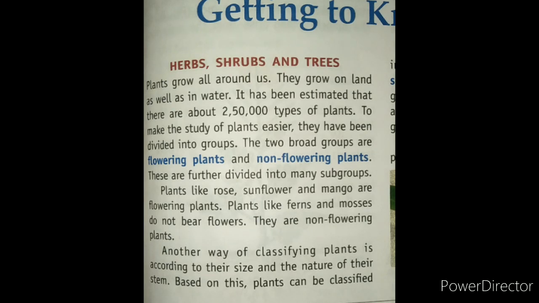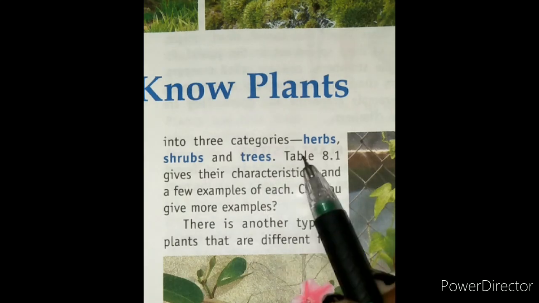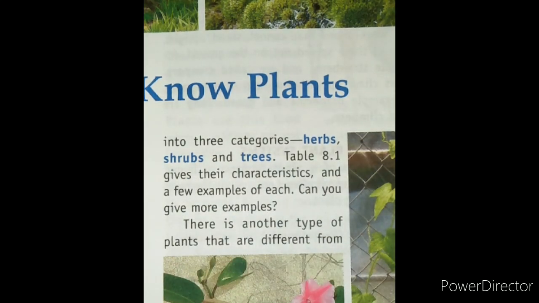Okay, and next we have classified these plants into three major categories. So the categories were herbs, shrubs, and trees. So what are herbs, what are shrubs, and what are trees? Students, herbs are very small bushy plants, and shrubs are medium height plants, and trees are very long in nature. So herbs are below your size, shrubs are equal to your or your parents' height, and trees are mostly taller than you.